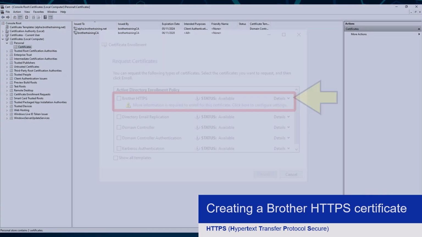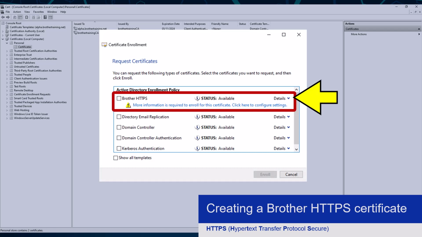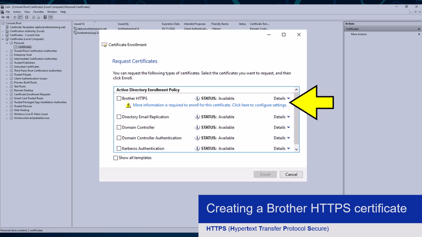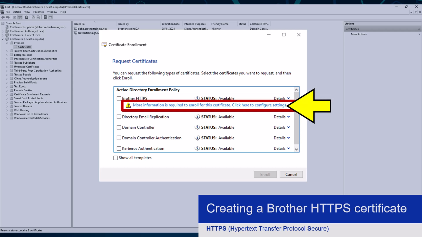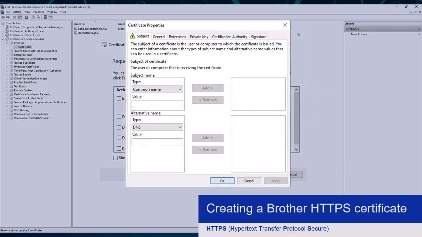Assuming you can see the required Brother HTTPS certificate template, you will need to click the hyperlink just below it. This will load a certificate properties window where we need to configure a few things, starting from the Subject tab, where I need to select the Common Name option from the Subject Name drop-down, as well as DNS from the Alternative Name drop-down.